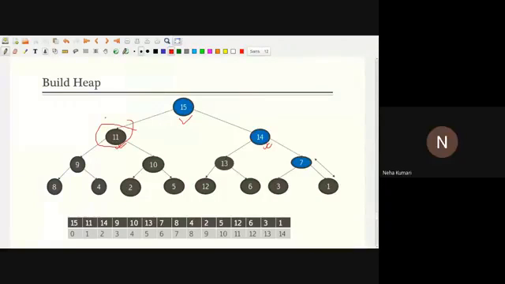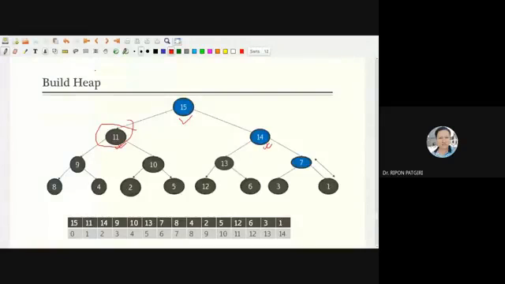Sir, my question is, in this way you have to swap many times. Like the rightmost last internal node, you have to swap it almost 3 to 4 times. Is there any other method to build a max heap? We could have started from the uppermost parent node. No, this is the only method to build a max or min heap, because the time complexity of this building process is big O of n.